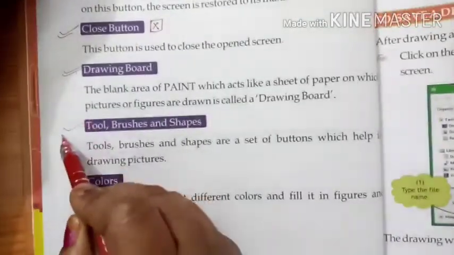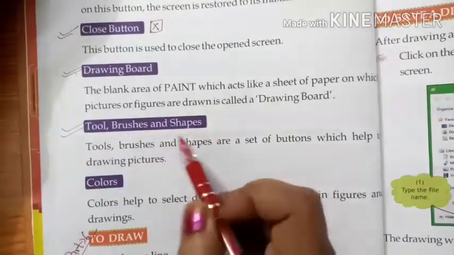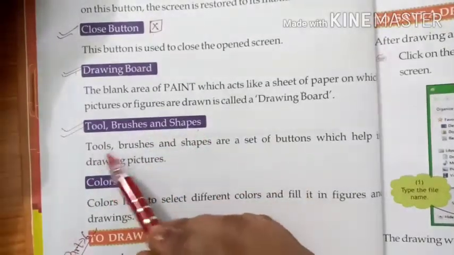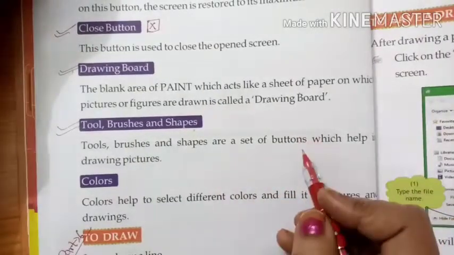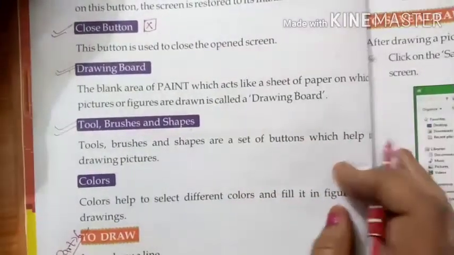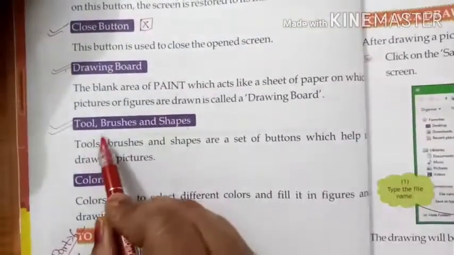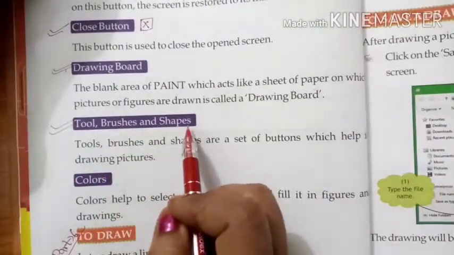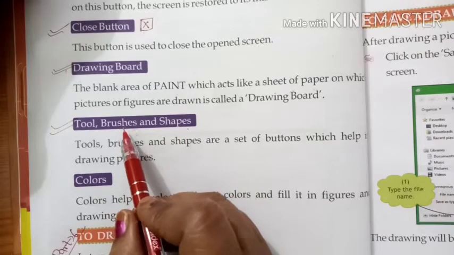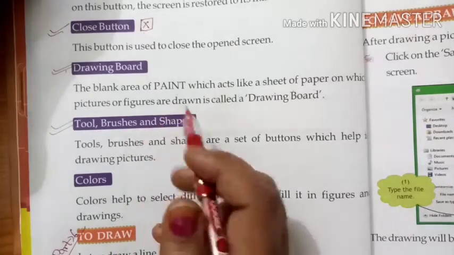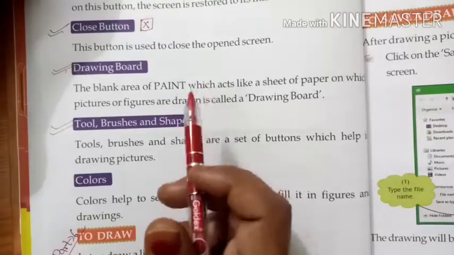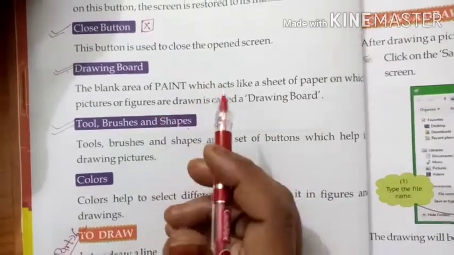Next is tools, brushes and shapes. Tools, brushes and shapes are a set of buttons which help in drawing pictures. In tools, brushes and shapes, you can see that so many tools are there, different shapes, if you want to draw different kinds of shapes, triangle, rectangle, circle, oval, like that.